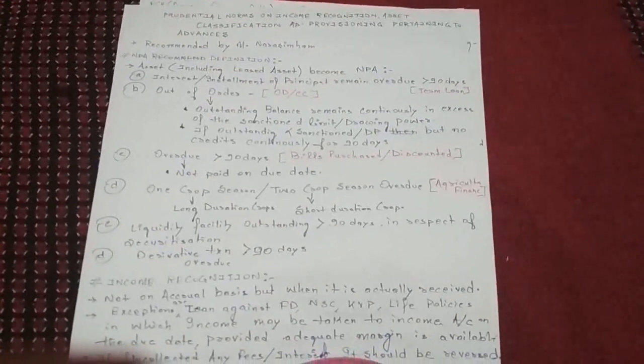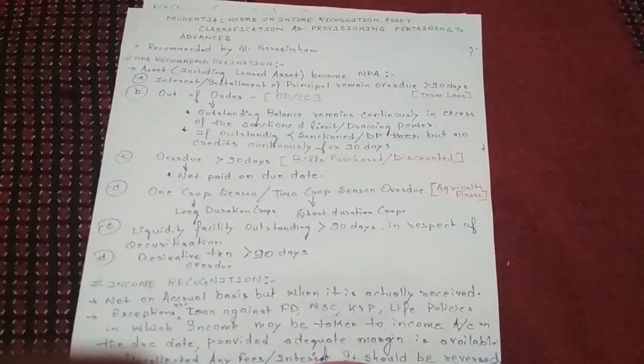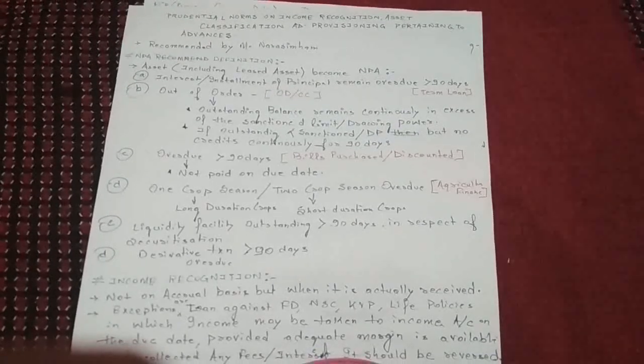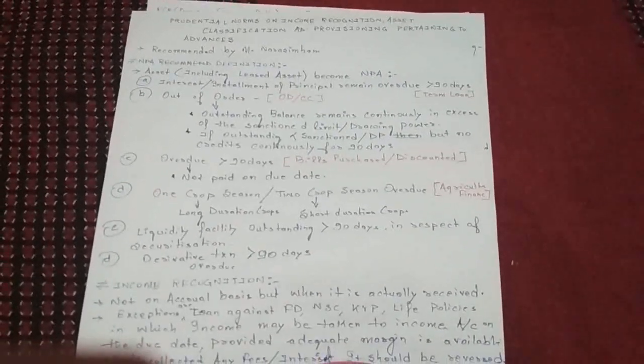Discussed. So moving on to the chapter, which is Prudential norms on income recognition, asset classification and provisioning pertaining to advances. So before starting,